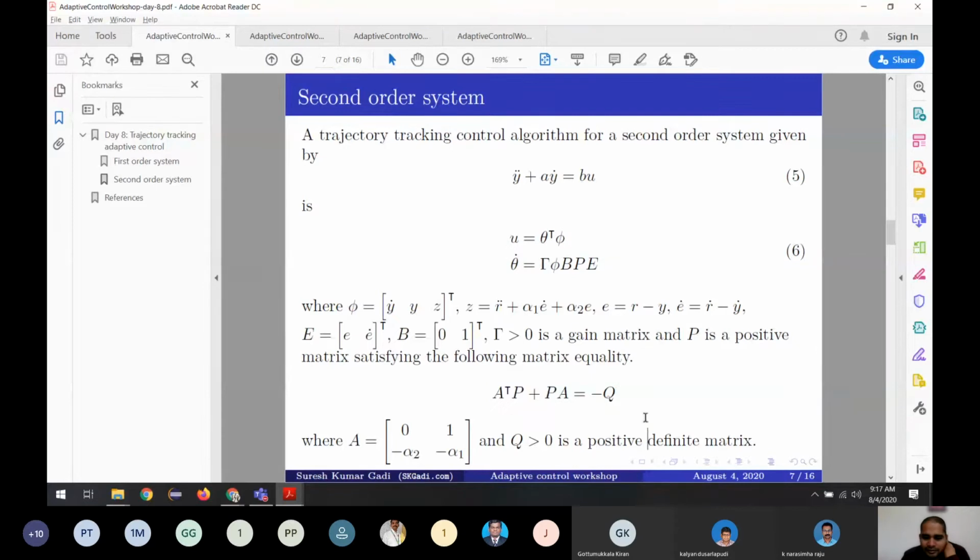How do we satisfy it? We actually use this for the stability condition. What is the stability condition? The dynamics of A should be stable. How do we say it is stable? All its eigenvalues should be negative. If all its eigenvalues are negative, we can make sure this condition is satisfied. So we have to select alpha 1 and alpha 2 such that all its eigenvalues are negative. Then this is automatically followed.